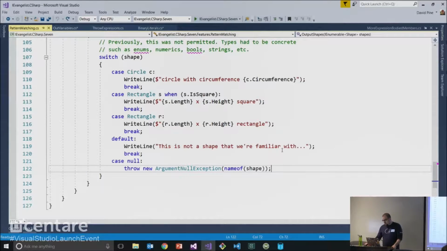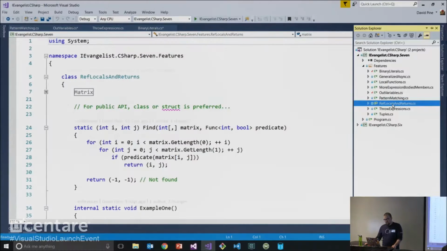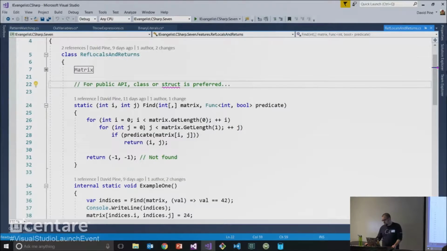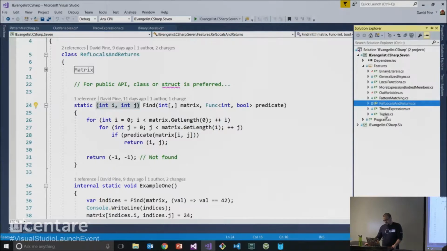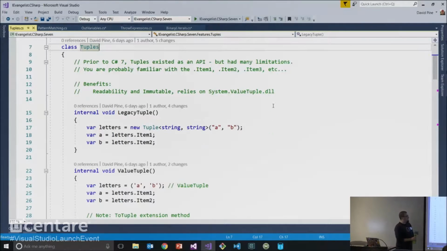So that's pattern matching. One thing is ref locals and returns. This is where things kind of get interesting. Actually, I'll do this one next because this has got some tuple usage. Let's go to tuples first. Tuples. Tuples, not tuples. Anyways, legacy